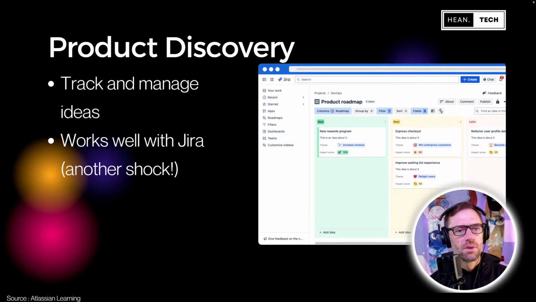But it's a way for mainly product or project teams to gather ideas and then to help make those ideas become real. For example, here we can see that these ideas are grouped into themes, and we have a theme of more revenue, delighting users, etc. And then we have an impact score, and that could be a 0 to 100, and the higher up it is, the more likely it is we should do it because it'll help us out. So it's just another way of managing not work, but ideas or what we want to do or what we could pull out of our system and figure out, hey, Justin had this great idea for using Bitwarden. What do we think about it?